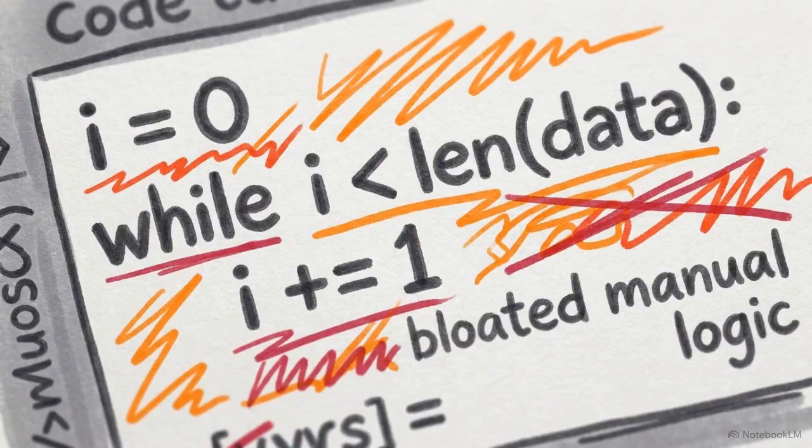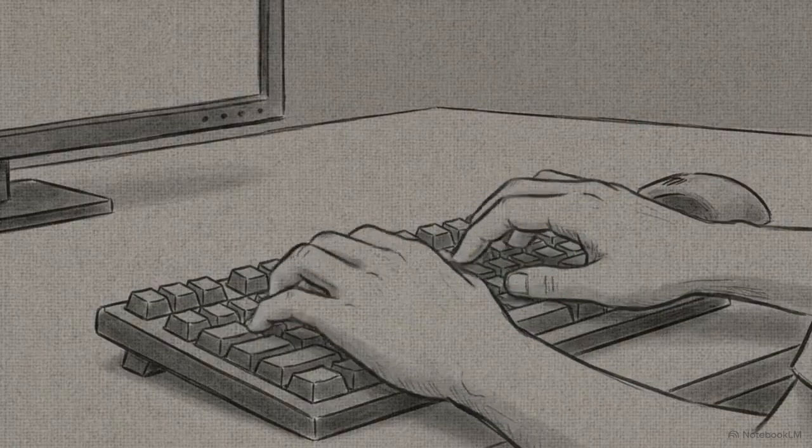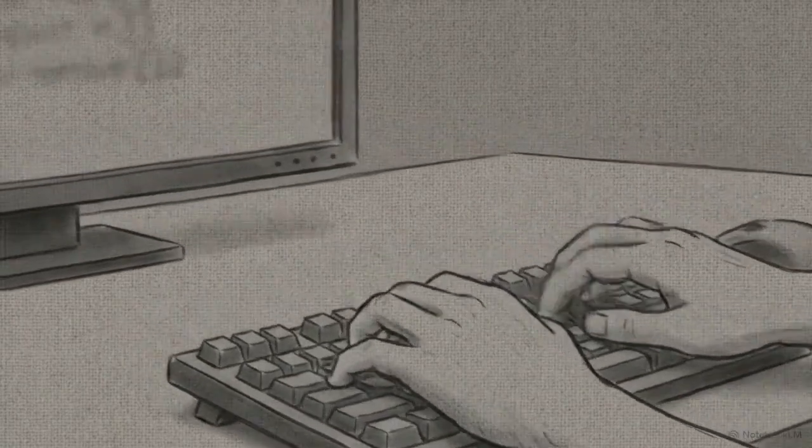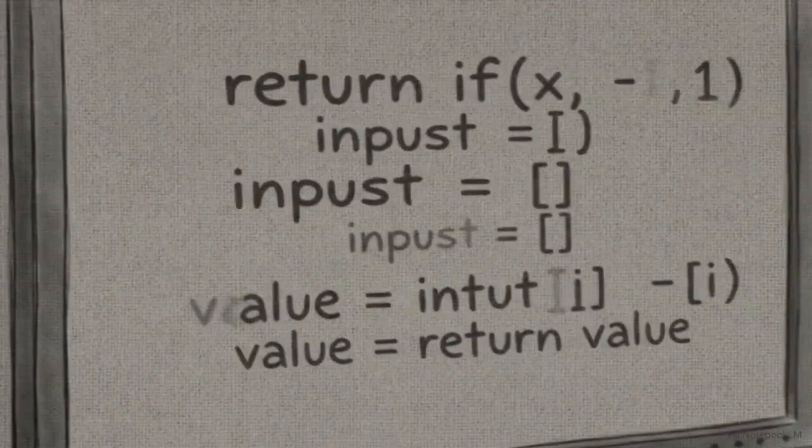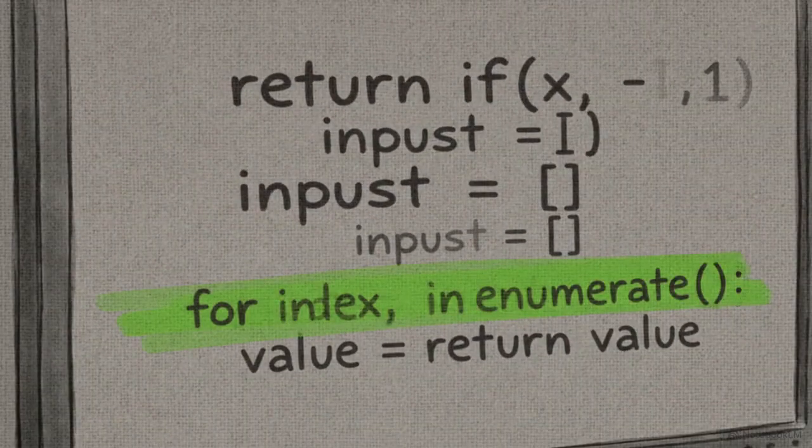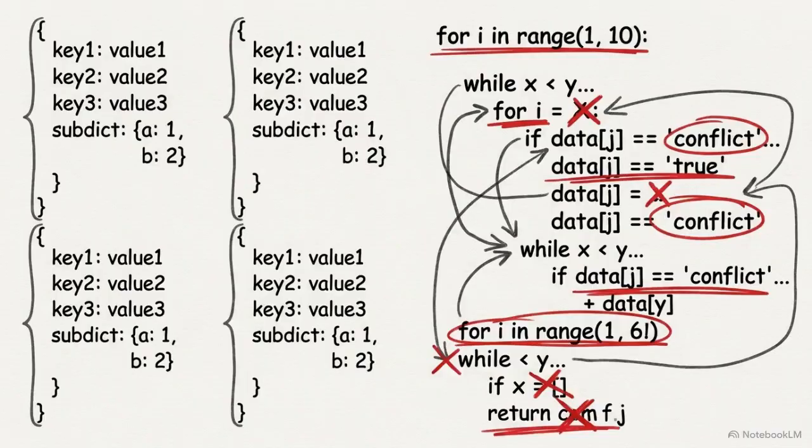Tracking loop indices manually, declaring a counter and incrementing it at every step, adds unnecessary logic layers and visual clutter to a script. Python's native enumerate function handles this automatically, yielding both the counter index and the list value in a single optimized pass. Merging dictionaries used to require similar boilerplate, involving manual loops to handle cases where keys overlapped